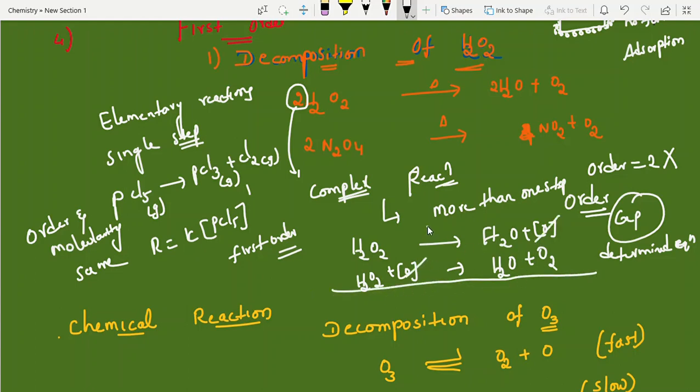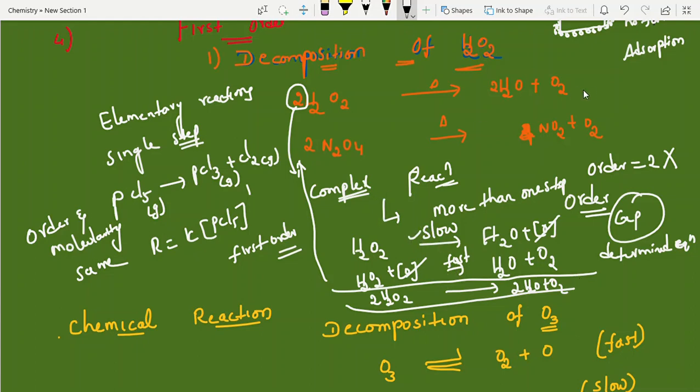Students, the first step is the slow step. Once the reaction intermediate is generated in the vessel, the reaction will go fast. Finally, what is the reaction? 2H2O2 gives 2H2O plus O2. See, the above reaction and this reaction are the same, but it follows a mechanism. Based on the mechanism we have to decide the rate. Out of two steps, they will mention one step as the slow step. Based on the slow step, we write the rate.